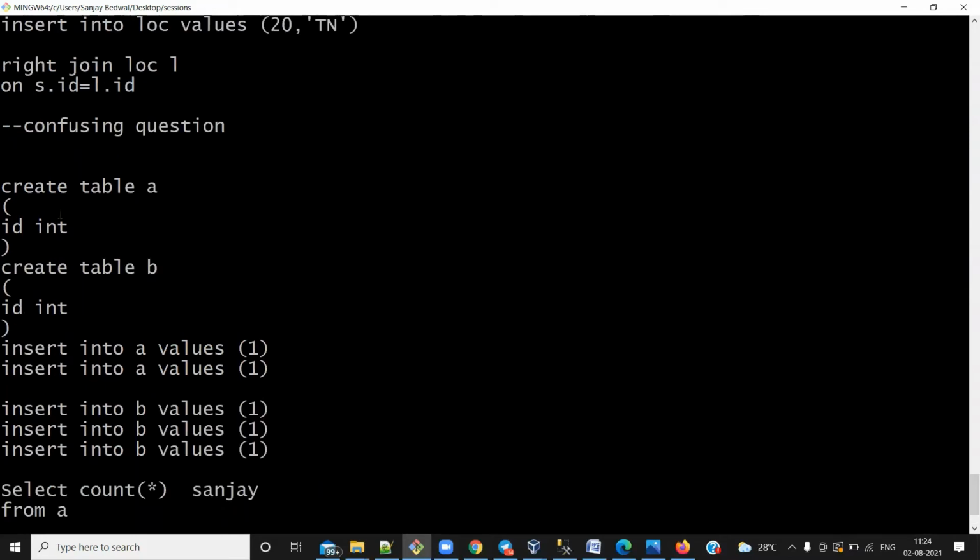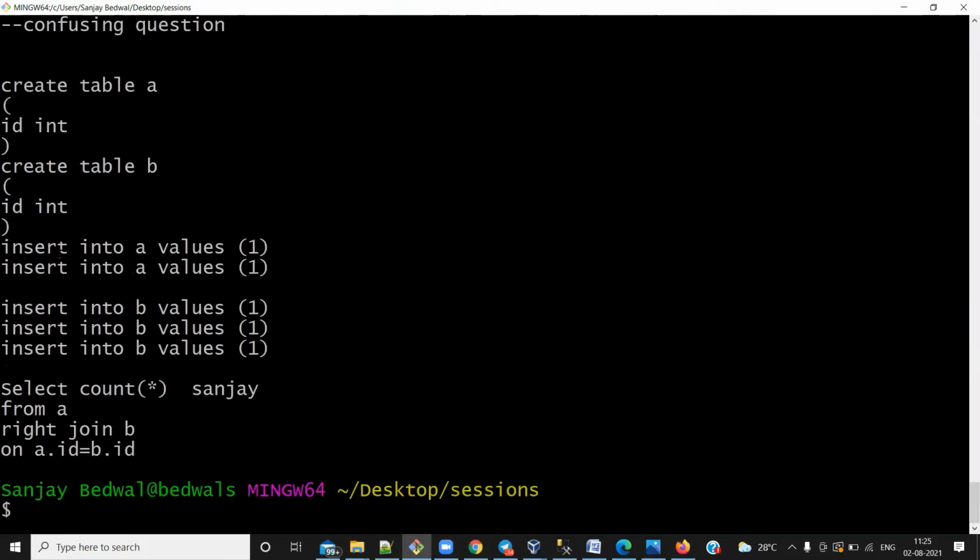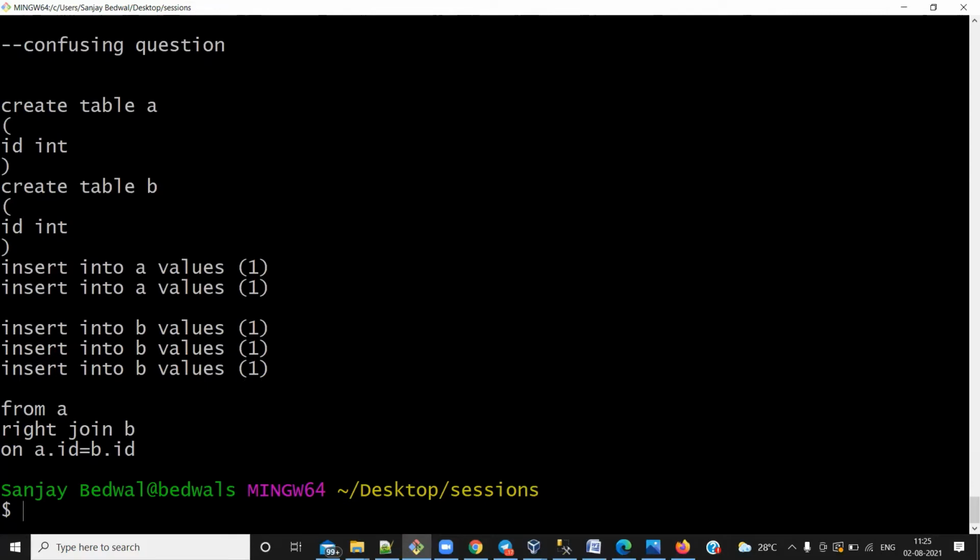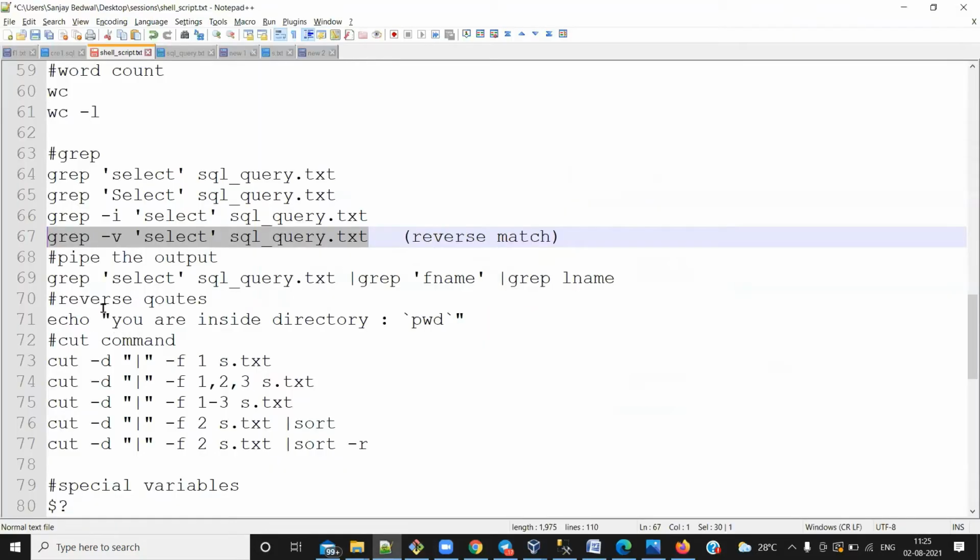See, all of those lines got printed where we do not have select with small s, right? This one is having a select with capital S. So please be careful about it. Don't get confused. If you want to remove it also, then let's make it insensitive again, -v -i. See, now that select statement also did not get printed, which was in capital S. So these are the use cases for grep command.